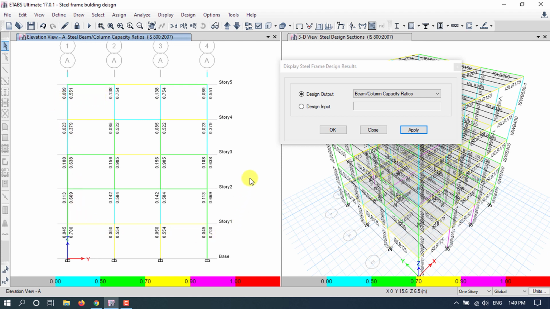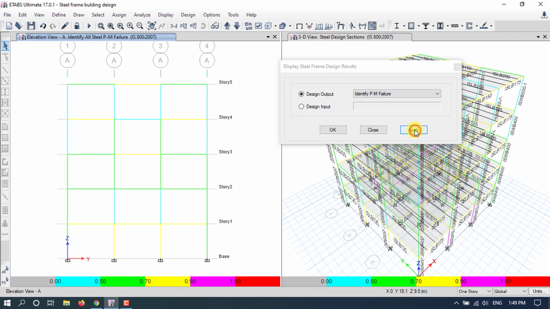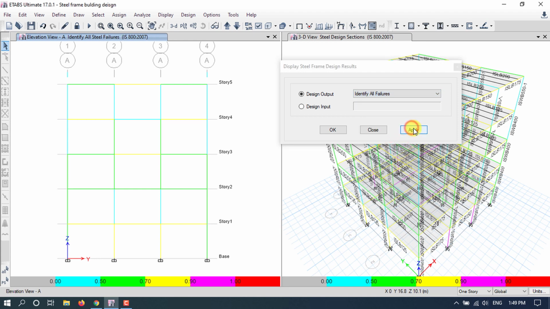Here all values lie within the permissible range. Now let's check the PM failure, then click on apply. Here there is no failed beam or column, and let's identify all failures here. Okay, there is no failed section here, all members will be passed here.